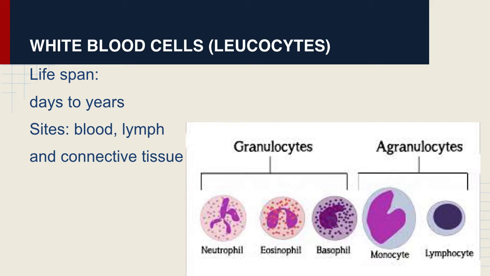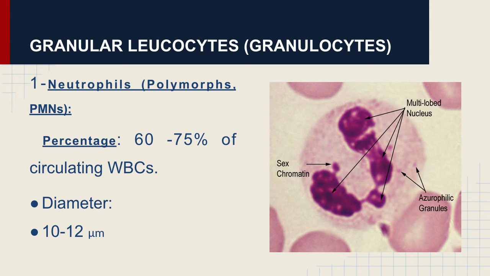What are the different types of leukocytes? First, the granular type. Here we can see the table, and the tables are included in the exam, and I will explain each type separately. The first one is the neutrophil, the first and the most common type, representing 60 to 75% of the circulating white blood cells. The diameter is 10 to